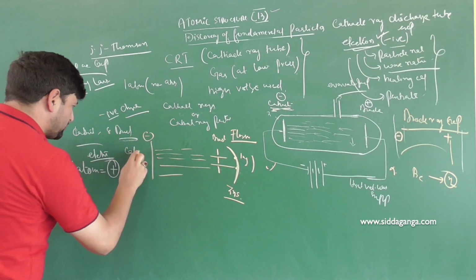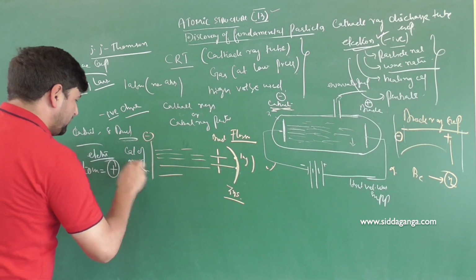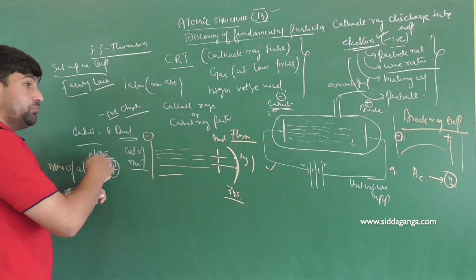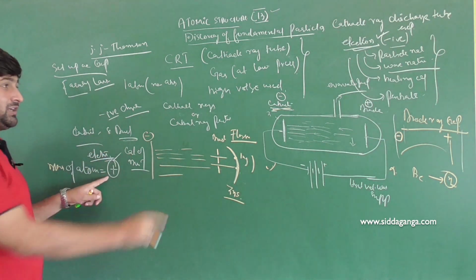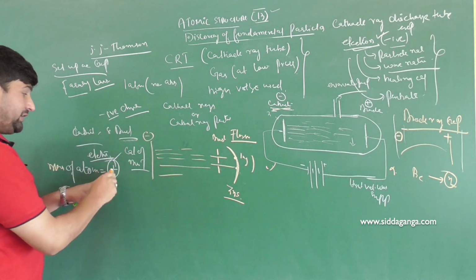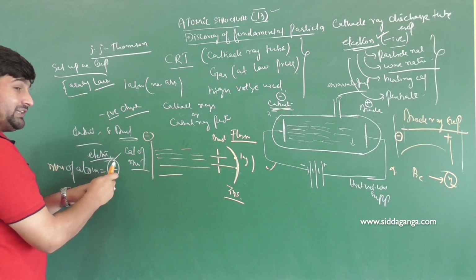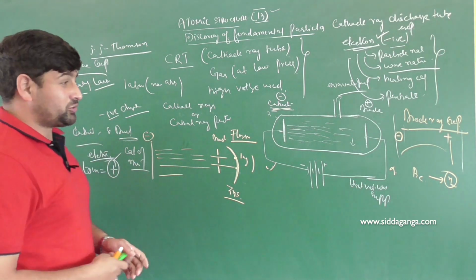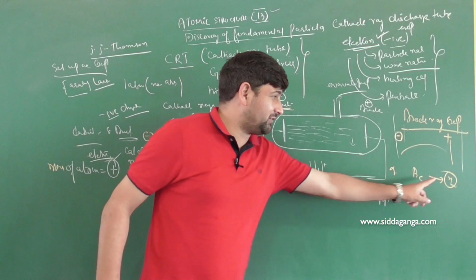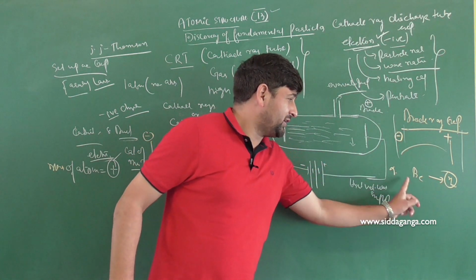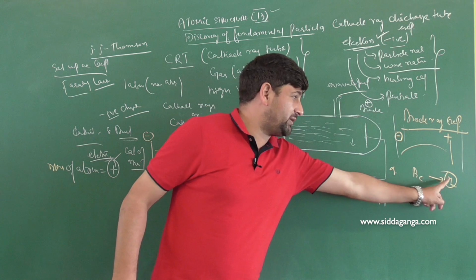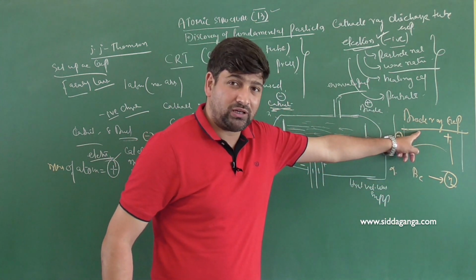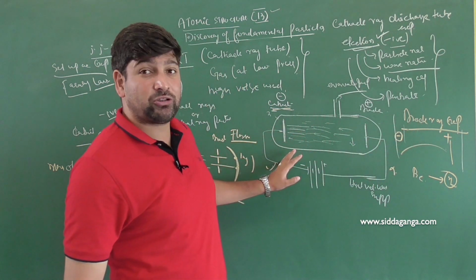However, when calculations of mass were done, it was found that the mass we are observing is more than the expected mass from protons, because the mass of electrons is extremely small. So there must be some other particle which has mass but does not contain any charge. Radioactivity was helpful in finding the neutron. It was Chadwick who worked on it, bombarded alpha particles on beryllium, and we were able to find the neutron. So the anode ray discharge tube experiment helped us find the proton, and its properties were different from those of the cathode ray discharge tube experiment.